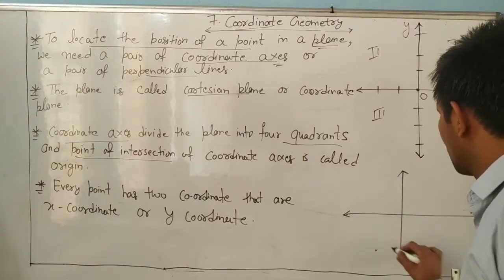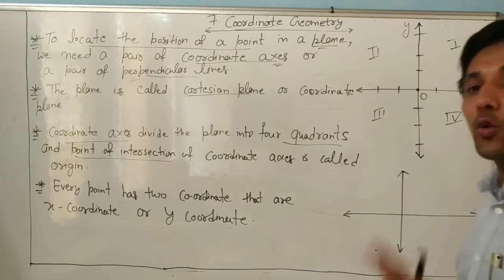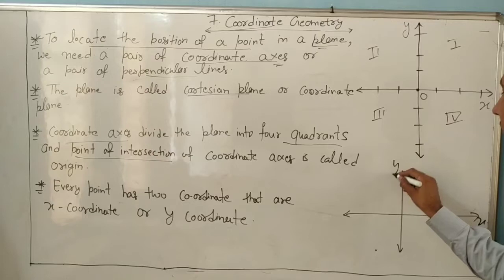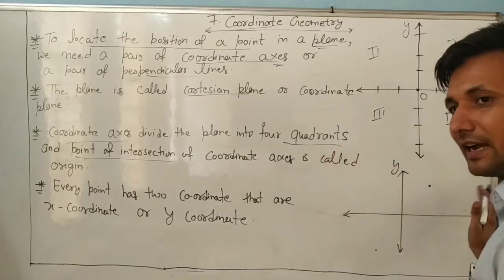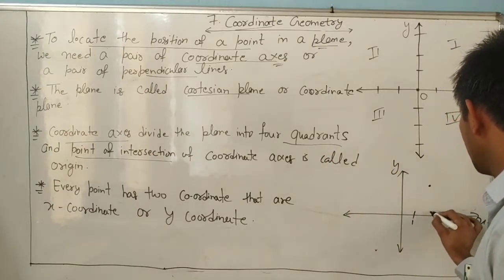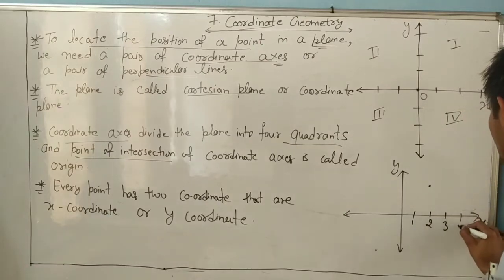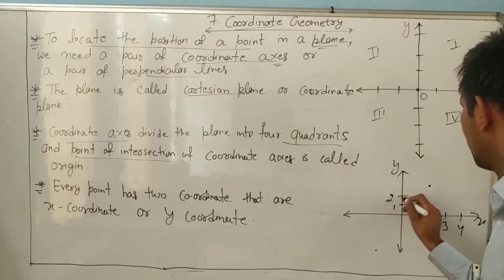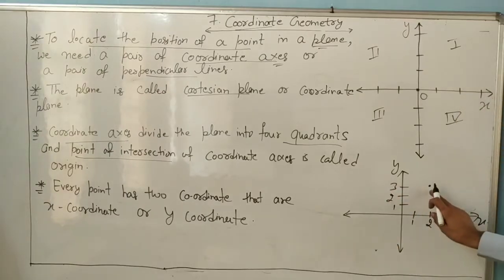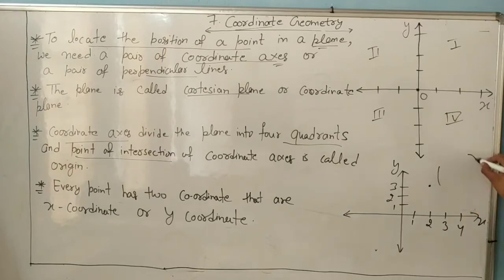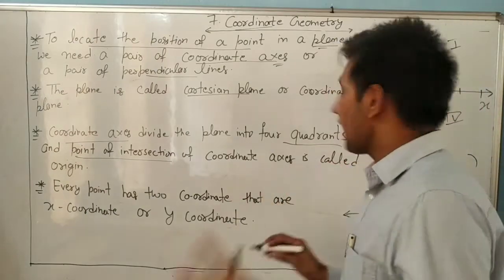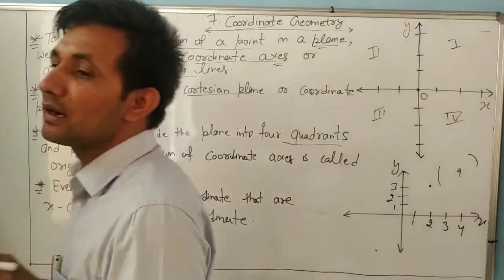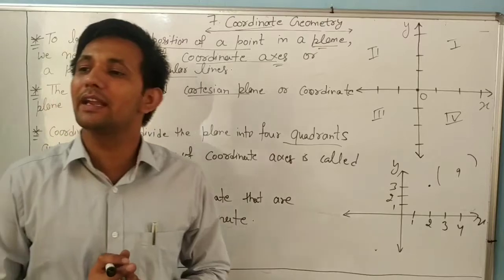Next thing, everyone knows, in 8th class, do you remember, in 9th class, if we want to find the coordinates of any point, for this point, it is the x coordinate, it is the y coordinate. Always the right side is positive numbers: 1, 2, 3, 4. It is also 1, 2, and it is 3. Find the coordinates of this point. So every point has 2 coordinates, x coordinate and y coordinate. Okay, and always first we will write the x coordinate.